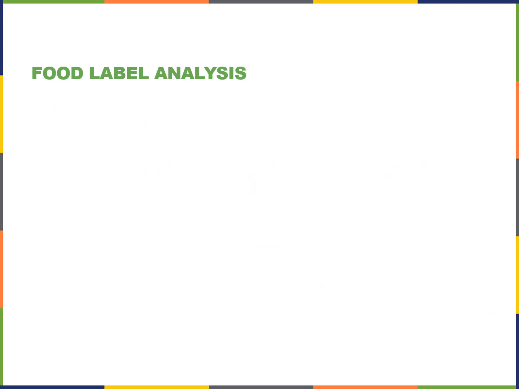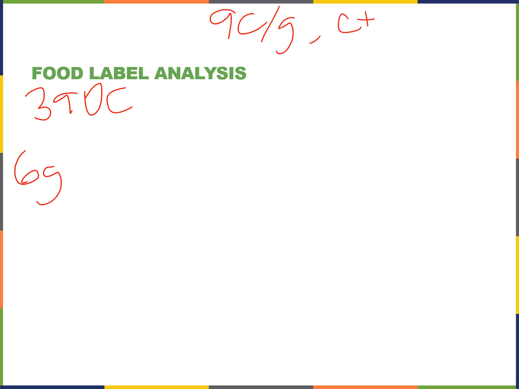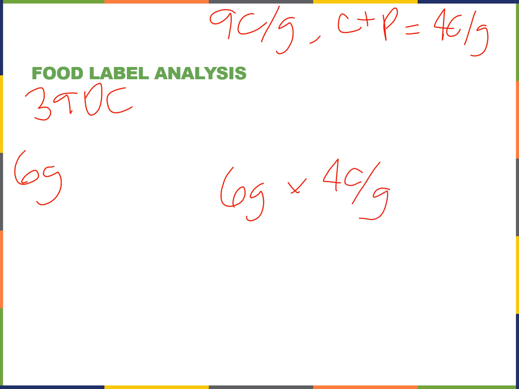Okay. So you're going to do the exact same thing. Let's pretend we still have our 390 calorie half pizza. Let's say we have 6 grams of protein. Okay. So how do I do this one? What do I multiply my grams of protein by? Well, if you'll remember, fats are 9 calories per gram, and carbs and proteins are 4 calories per gram. Okay. So I'm going to multiply 6 grams by 4 calories per gram,